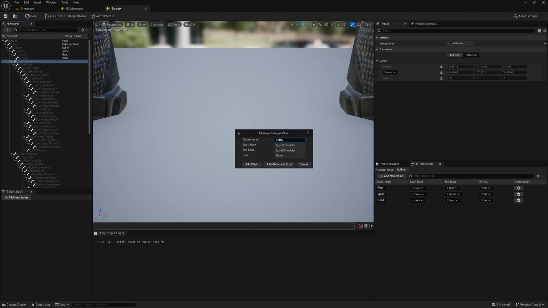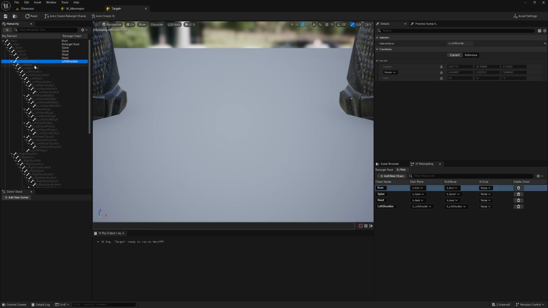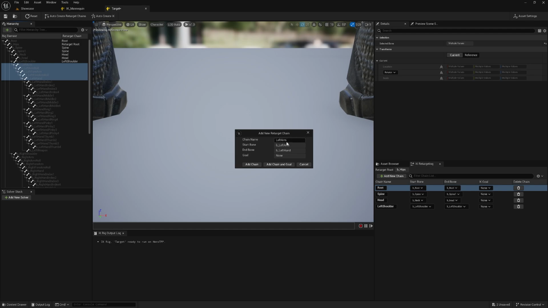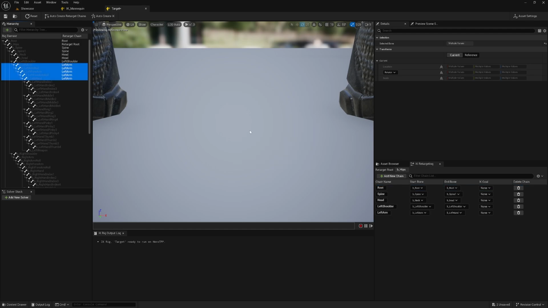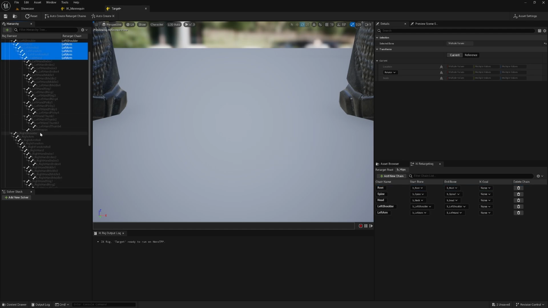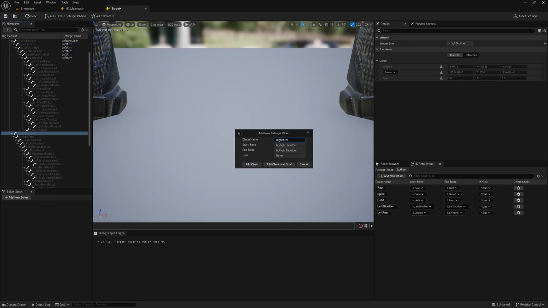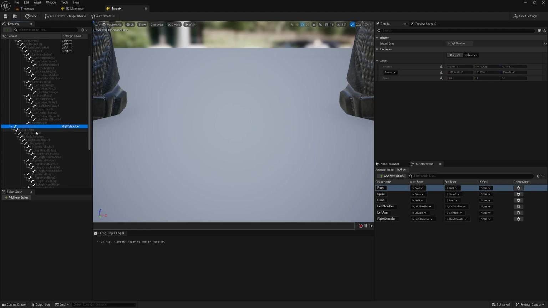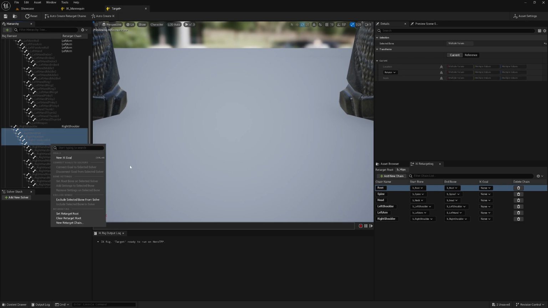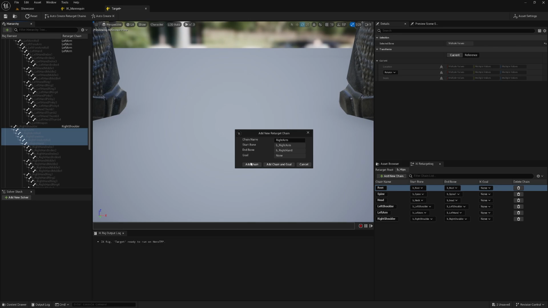We're going to call this left shoulder, like that, add the chain. Then click the left arm bone and hold shift and go down to your left hand bone. Then right click, new retarget chain, name it left arm and hit add chain. Then we'll scroll down and do the same thing with the right. So right click your right shoulder, do new retarget chain, name it right shoulder, add chain. Then we'll do the same thing with the right arm. So the first right arm bone down to the right hand, then new retarget chain, name it right arm, add